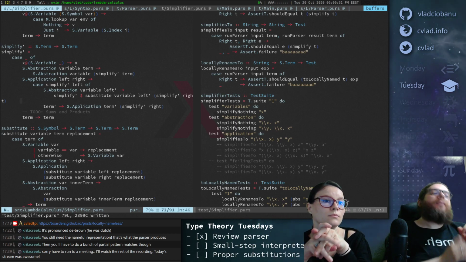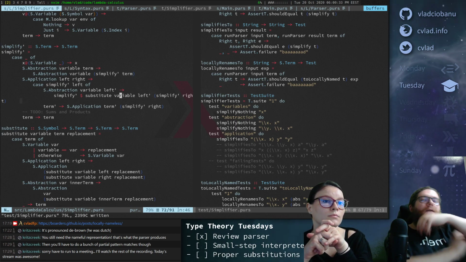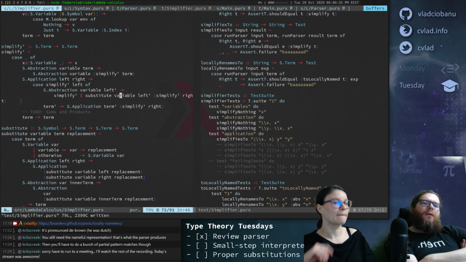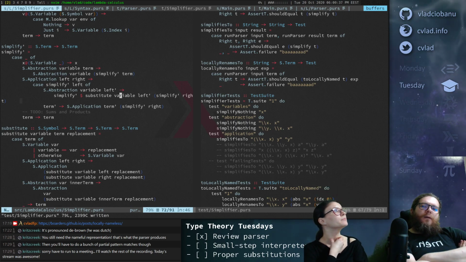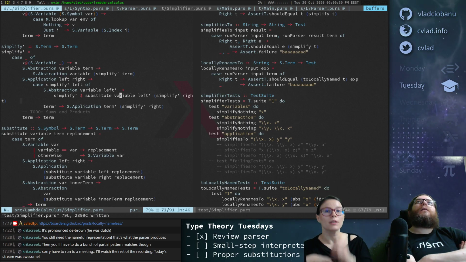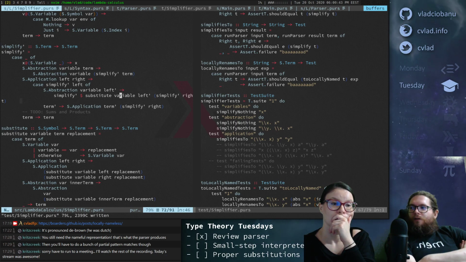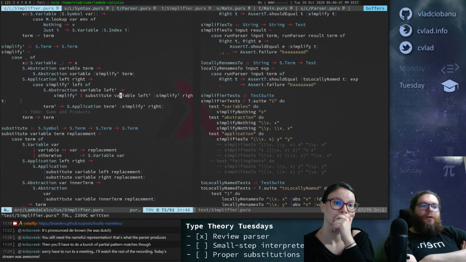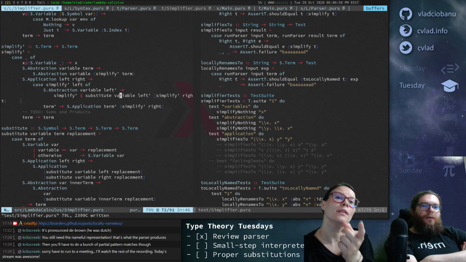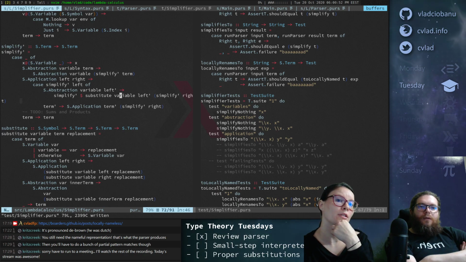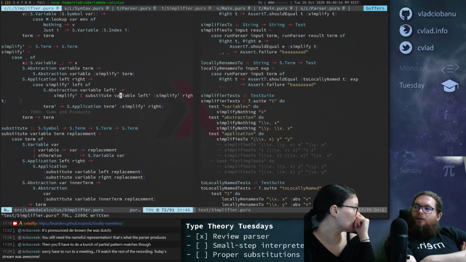Oh, how do you even do simplification now? Yeah, it has to change, right? Because right now we're looking for... But I think you shouldn't do it in the simplification, you should do it in the substitution.